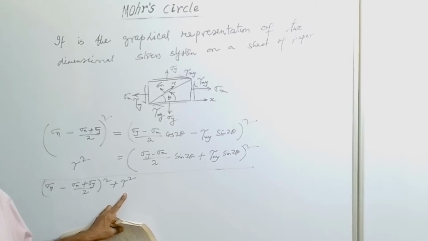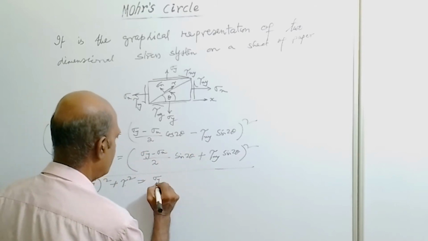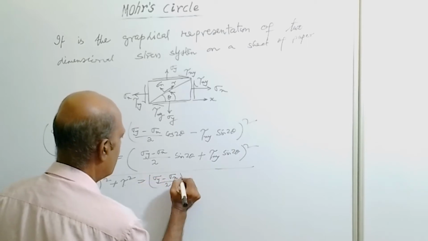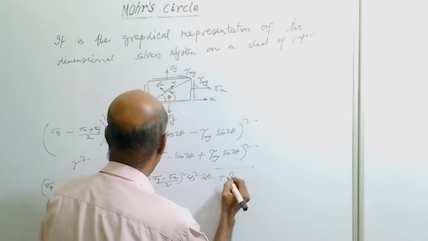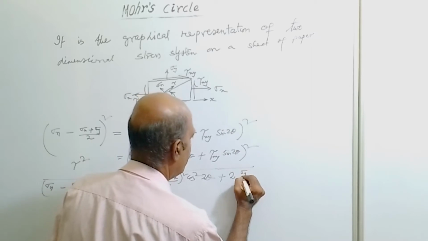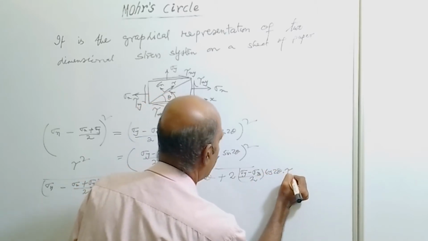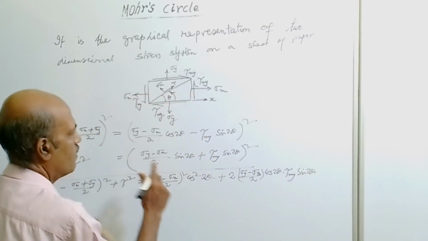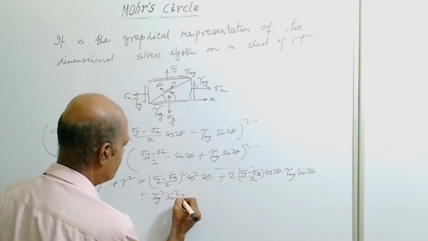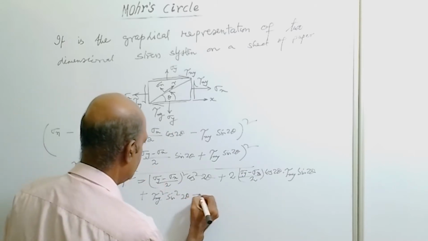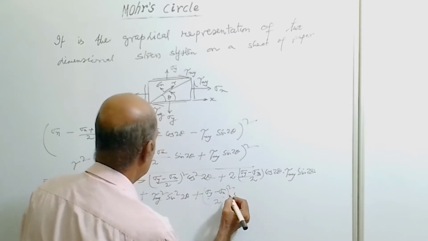Squaring the two equations and adding, the right hand side becomes sigma y minus sigma x by 2 whole square cos square 2 theta, plus 2 into sigma y minus sigma x by 2 into cos 2 theta into tau xy sin 2 theta, plus tau xy square sin square 2 theta, then this value plus sigma y minus sigma x by 2 whole square sin square 2 theta,